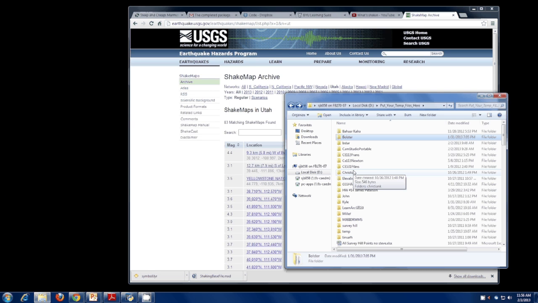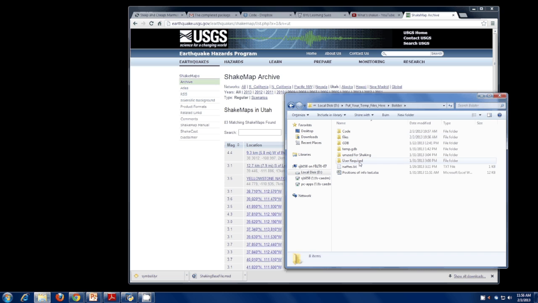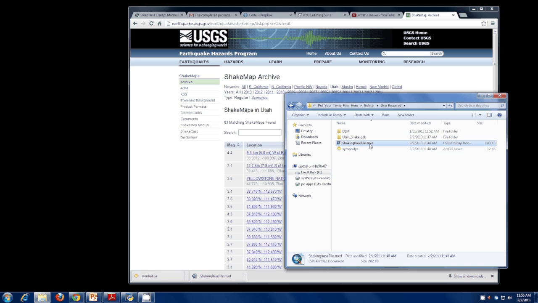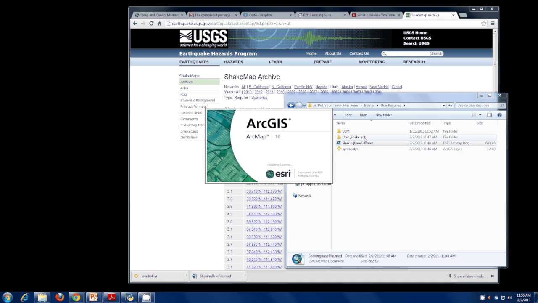To be able to use the codes, you'll be provided with this folder called Bolster, and from that folder you will see it needs to be on the D drive and in a folder called Put Your Temp Files Here. And we have all this information that we need. In this user required folder, you open it up, you go to the MXD base file for Shakin. It also provides you with a geodatabase that has other required folders, such as the slope that has already been